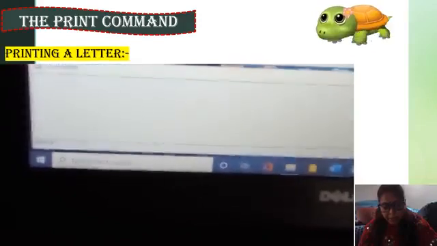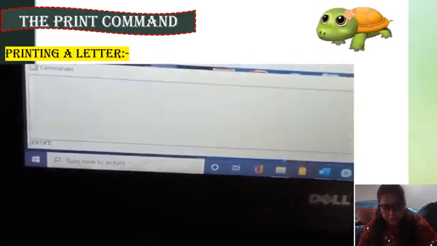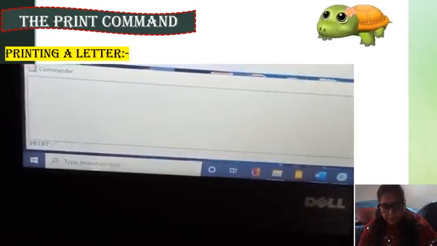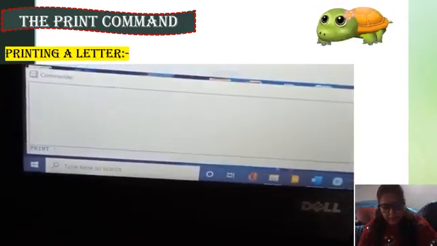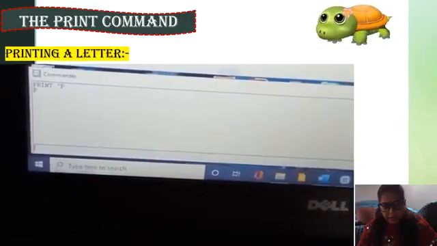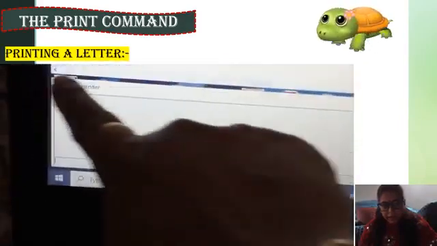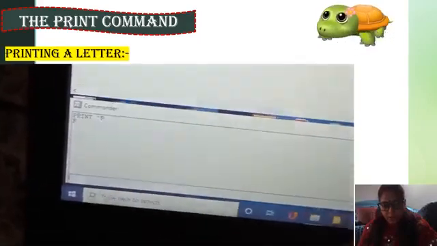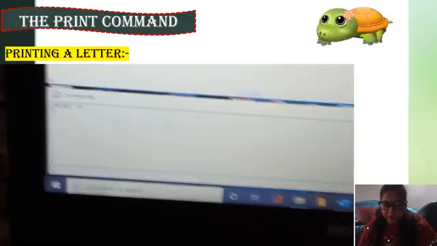See right here, print, then give a space, put a quotation mark like this, type any letter and enter. So print, space, quotation marks, write any letter and press the enter key. Like this you have to print a letter.